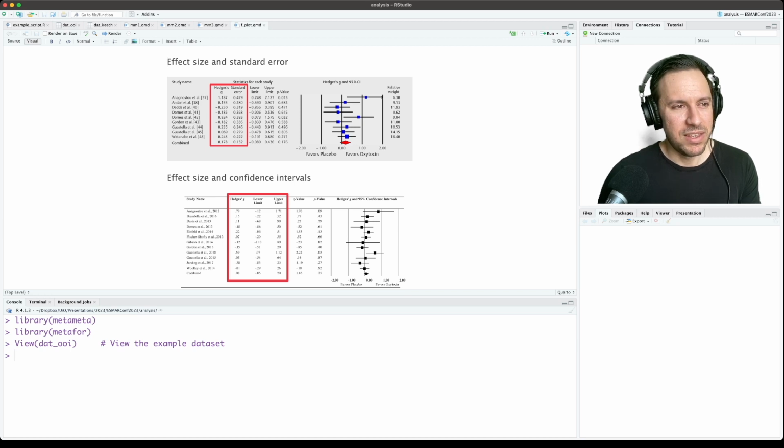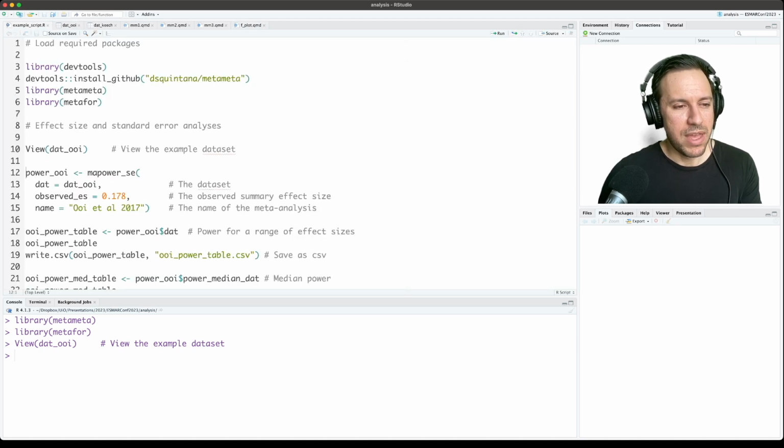So we have our data set here, and then from here with our mapower_se function, there are three arguments that need to be specified. Firstly, the data set. Secondly, the observed effect size. For this particular meta-analysis, the observed effect size was 0.178. And like I said,